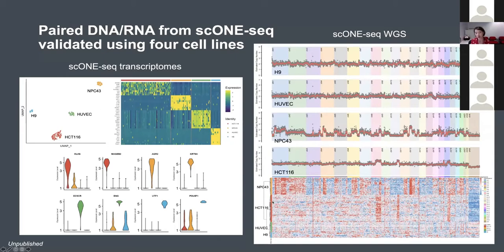And you can clearly see the genomic amplification and deletions in terms of the copy number changes in those cell lines, whereas the 2 other cell lines that we profiled, the H9 and the HUVEC, are both normal cell lines, the H9 being an embryonic cell line, and the HUVECs are a vascular endothelial cell line. And both of those don't show any significant deletions or amplifications, indicating that the whole genome sequencing data is also